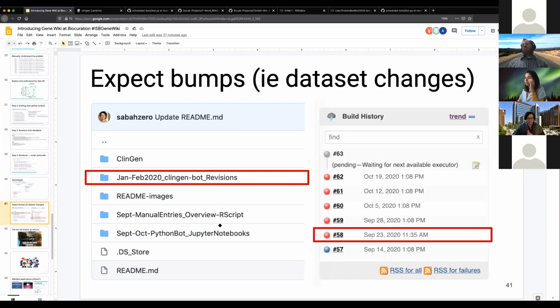When I first did this in November of 2019, I thought, great, I did it, I'm done. I don't have to look at this again. That's a nice thought, but also kind of a bad thought, because it's assuming that nothing is going to change, and things are definitely going to change. Like I said, you can see here that I did this revision in January, February, because of the change with